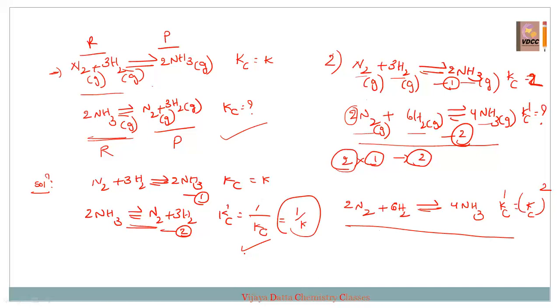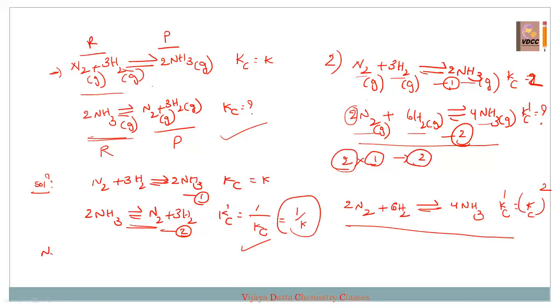Okay, students. Now I am calculating, if they have given the Kc and Kp, then how to calculate. I have given you two logics here. First one is, if they have given the reverse of the reaction, then you have to take the reciprocal. If they have multiplied with any factor, you have to take it as the power, like Kc squared. Sometimes both they'll apply in one reaction. That is nothing but, see,